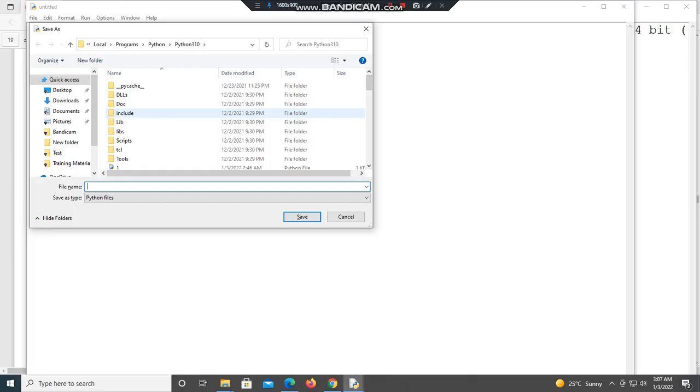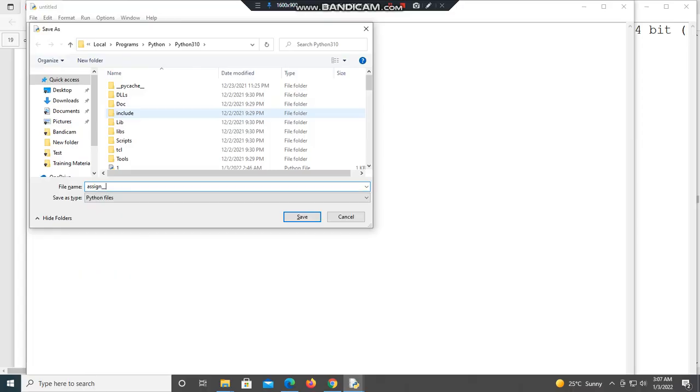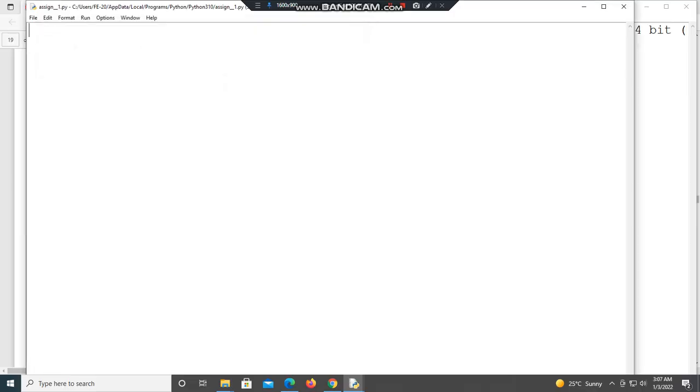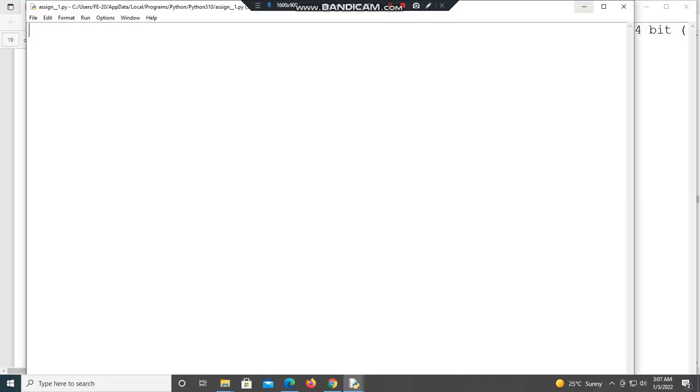Suppose the name of the file is assignment_1, and the extension for Python is .py. So save it. We'll increase the size of it. Okay, it's already 22.